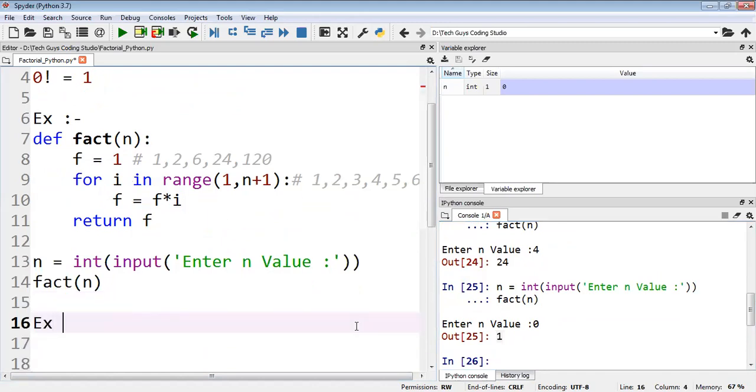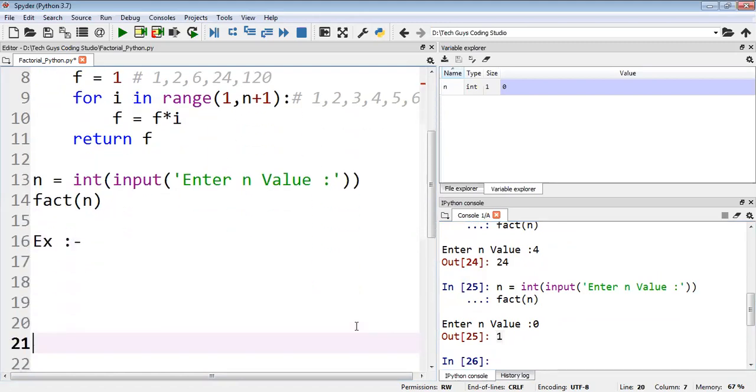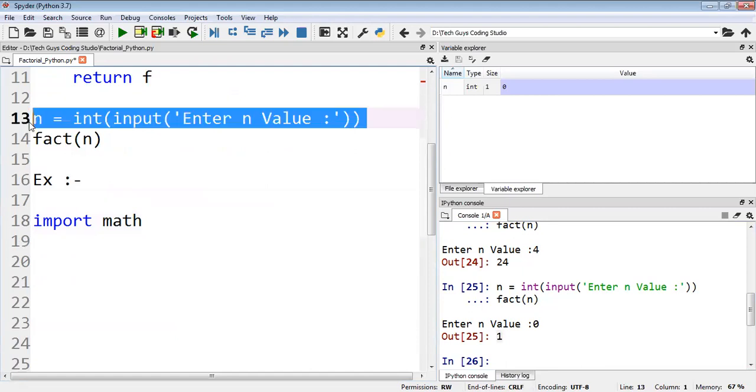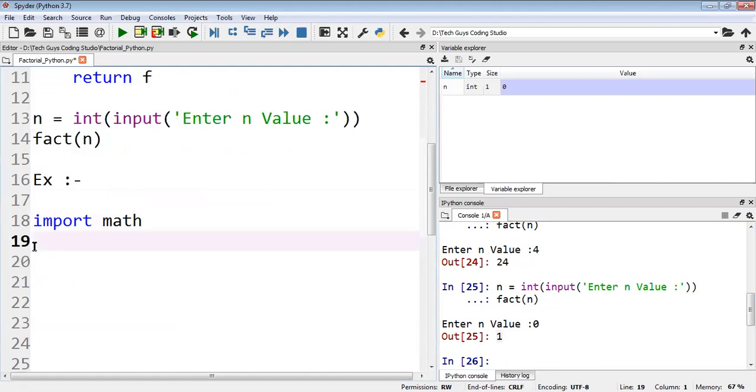Now this is one way. We have another way to write a factorial. The above method we created with our own function. But here we have an inbuilt method, that is the factorial method. First of all, I will import the math module. Then I will take the input from the user, same thing I will take here also, second line.